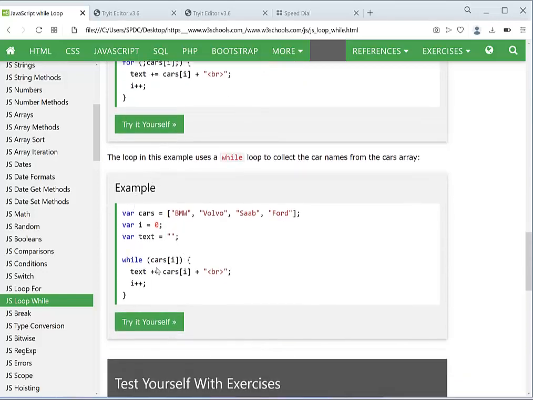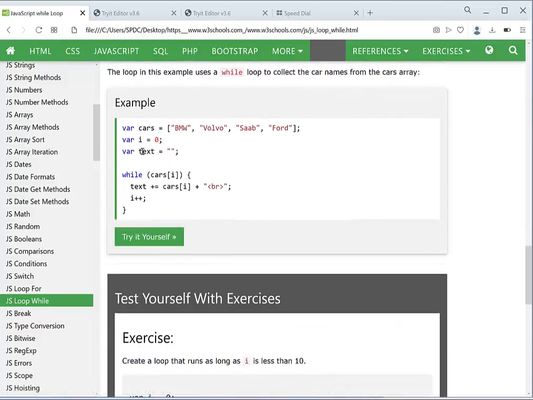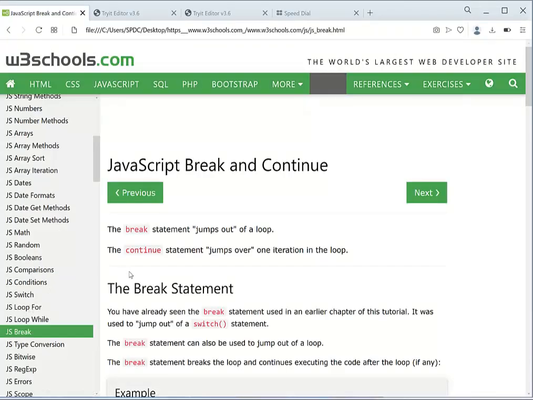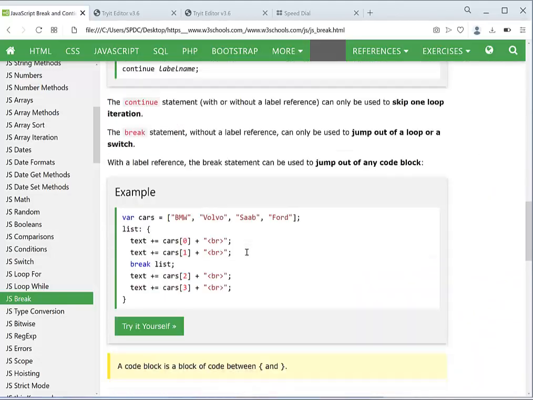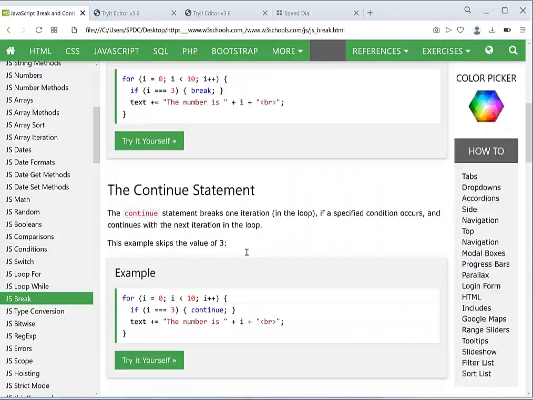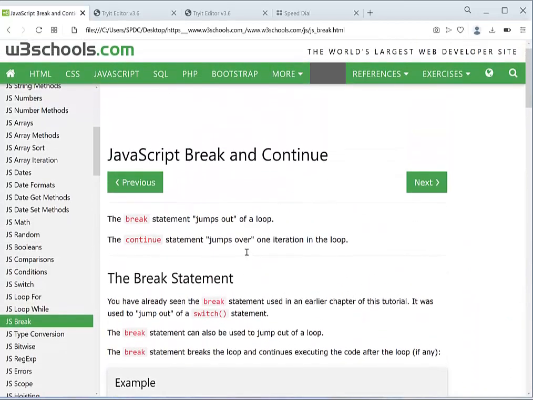Again, while cast of I, text plus equal this. This is the same example using the while loop. So briefly, we're going to be talking about the break statement, and we're going to stop here. We're going to start our practicals next week, where we build a real